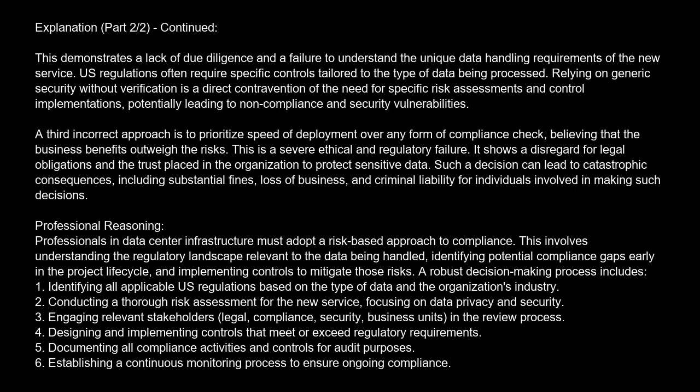Professional reasoning. Professionals in data center infrastructure must adopt a risk-based approach to compliance. This involves understanding the regulatory landscape relevant to the data being handled, identifying potential compliance gaps early in the project lifecycle, and implementing controls to mitigate those risks. A robust decision-making process includes: